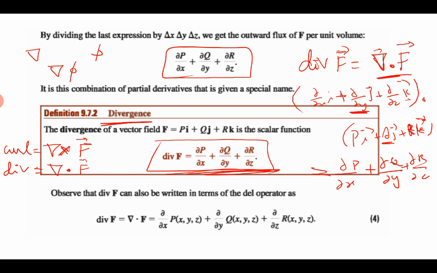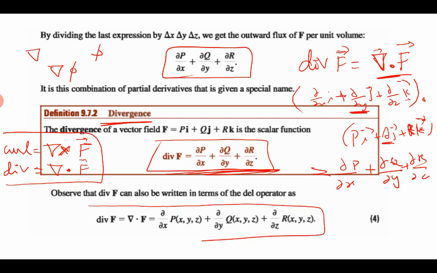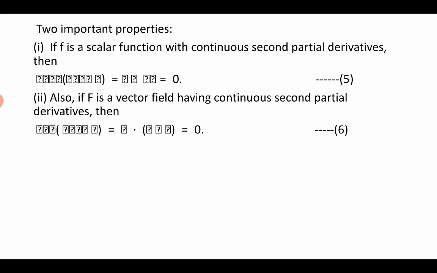If you have any Maxwell's equation in your syllabus, you can refer to this one. So observe that f. This is the way to find divergence, del dot f. Find the dot product of the del operator and the f vector. You know already how to use dot product and cross product. You might have studied it in Calculus 3, right?